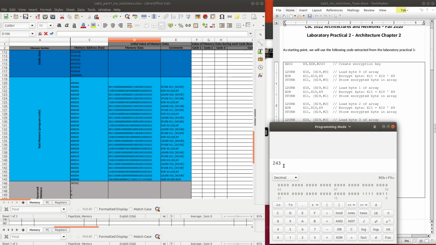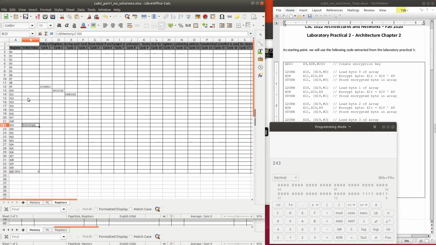Value 243 should be 1111 and then 0011, 8 bits, because X9 is an 8 bits value, so it will be this. And so if we look into register, we know that at circle 1 the value of X9 will be replaced by 243 in decimal, or it is 1111 and then 0011 here, this value.